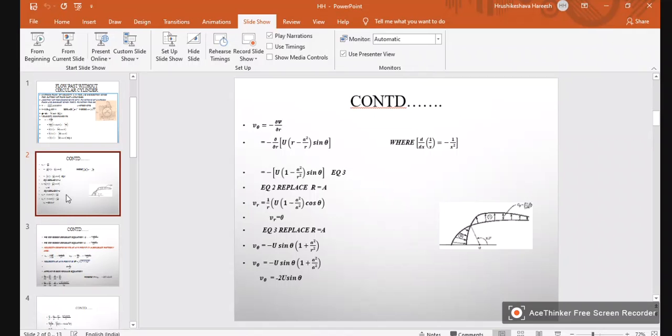See, that is why I am saying: no question of sorry, what I want is for you to understand. Velocity components, sir. From the beginning I have been telling you to think physically. Velocity in the radial direction, velocity in the tangential direction. V theta is the velocity in the tangential direction. Okay. Therefore minus U sin theta into 1 plus, wait. Okay, sir.